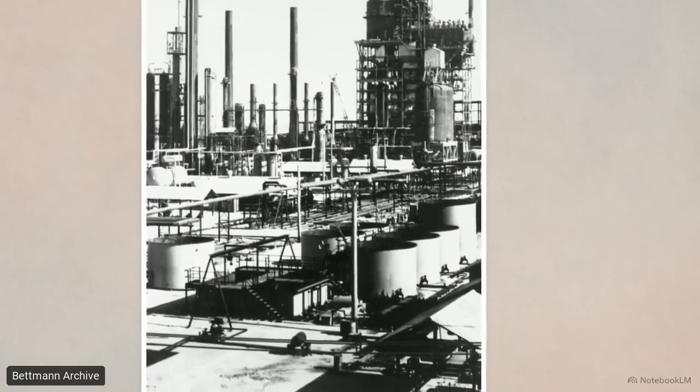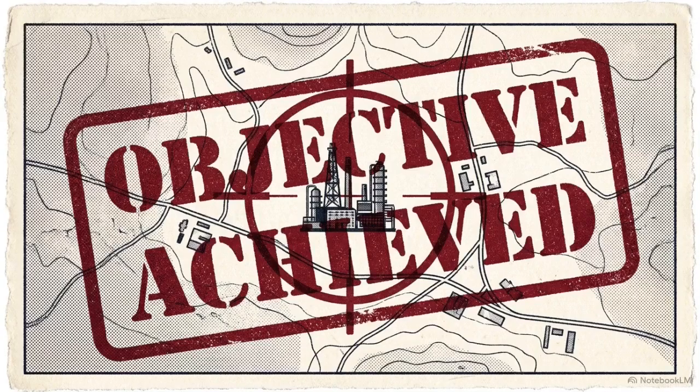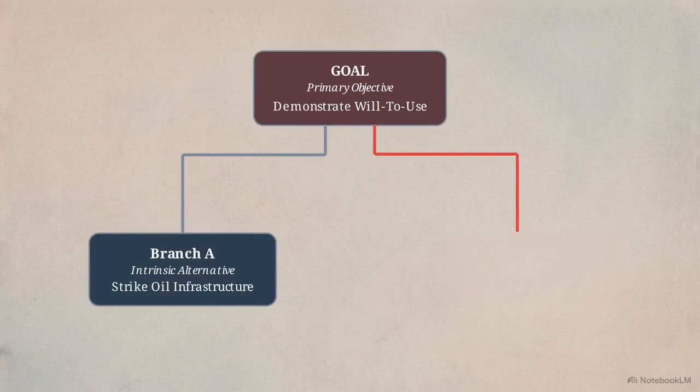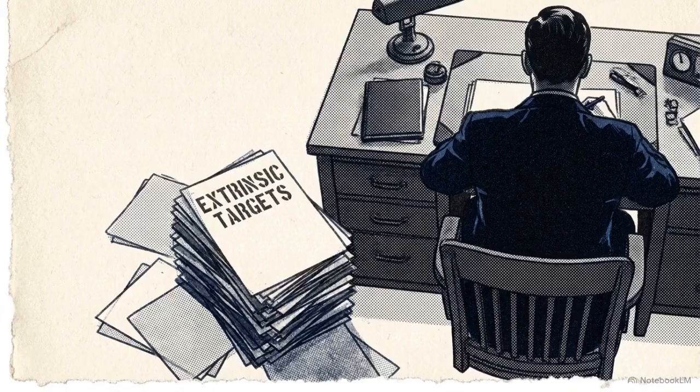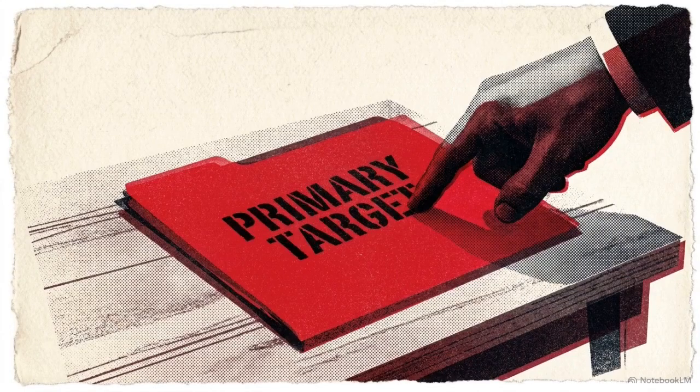The enemy heavily depended on oil, meaning a strike on a refinery complex would achieve the exact same operational goal of demonstrating massive force. Now look at the alternative. When advisors argued Truman should bomb a different city for unrelated reasons, he dismissed the proposal as a waste of time. Because these extrinsic alternatives failed to engage his actual objectives, Truman viewed them as distractions. This frustration with irrelevant options only increased his confidence that his original target was the necessary choice.